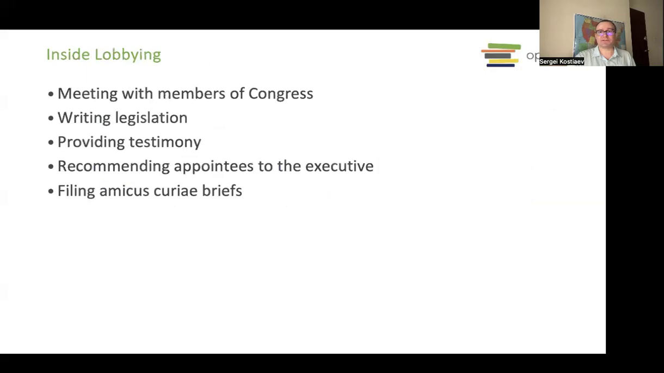Different tactics interest groups use. By the way, I'm teaching a Drexel interest groups and lobbying class. So if you want to spend more time on this, feel free to register for my interest groups and lobbying class. So one of the ways in which interest groups try to influence policy, they schedule meetings with members of